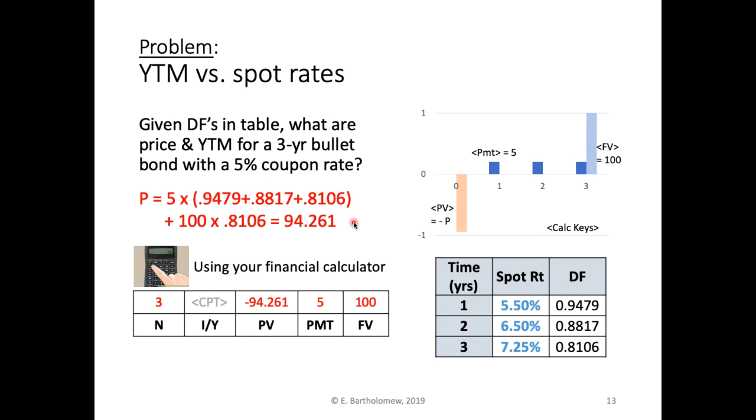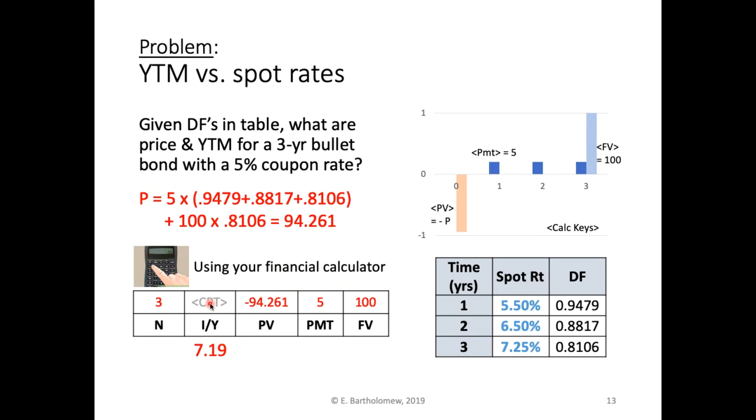Then we want to use our financial calculator to calculate what is the average yield for a bond that had this price and had these payments. So we input 5 here for payment, representing the coupons, and 100 for the final payment of principal. We put in minus 94.261. Remember that the sign of this has to be the opposite of the sign of the payments, since we're either paying for this and getting this, or the opposite. And of course, it's 3 years. We then hit compute, and we get 7.19,